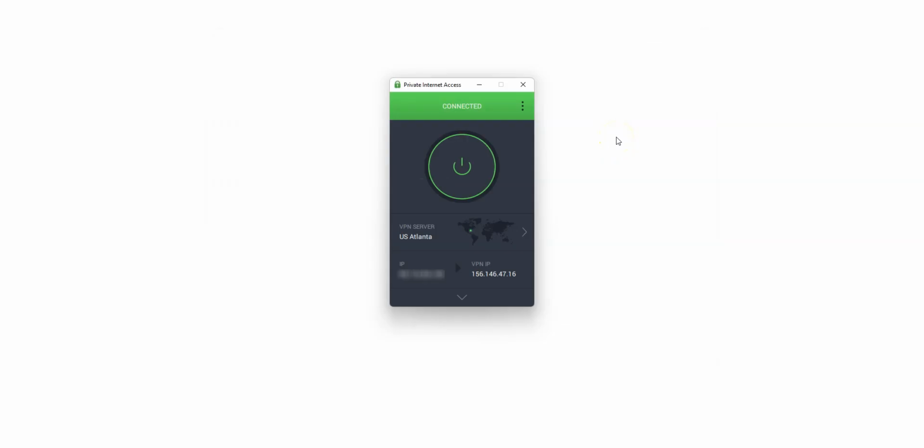So how does this all fit into your virtual life? Whatever you want to do, make sure you establish a VPN connection first. For example, if you want to visit a website that you know is blocked in your country, start Private Internet Access, connect to a server, and then start your web browser and go to that website. Same goes for apps, games, and so on.